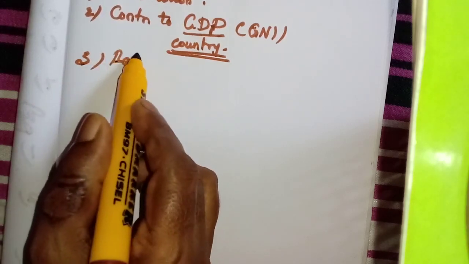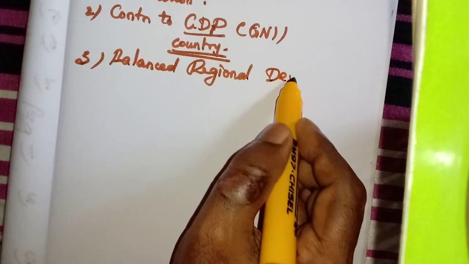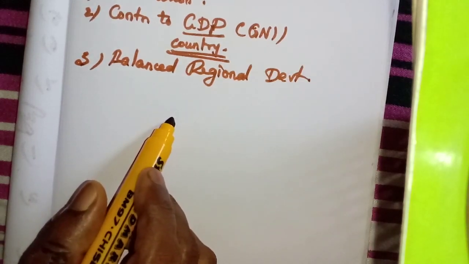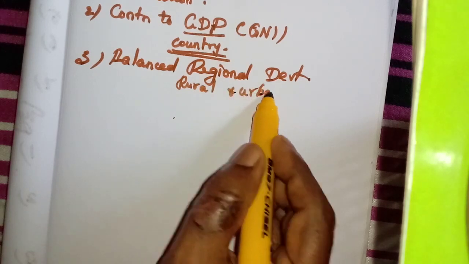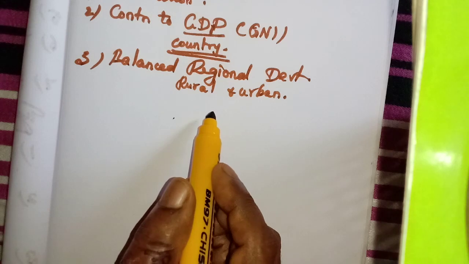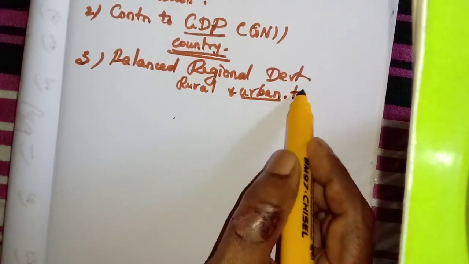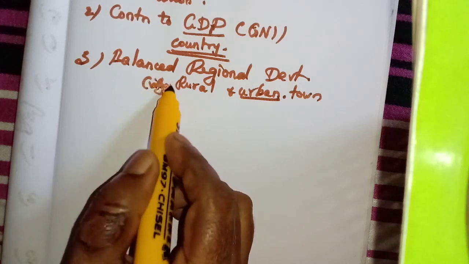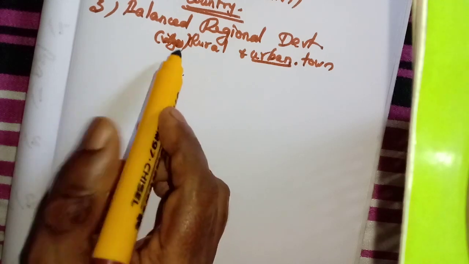Then it is balancing the regional development. Balanced regional development means India has many rural areas. We can divide into two, rural and urban, isn't it? Many entrepreneurs try to start organizations only in urban areas, that means towns or cities. But will anybody be ready to start an organization in villages? No, because transportation will become difficult and availability of labor will also be very less. So if the organizations are small, medium, and micro industries, they are started